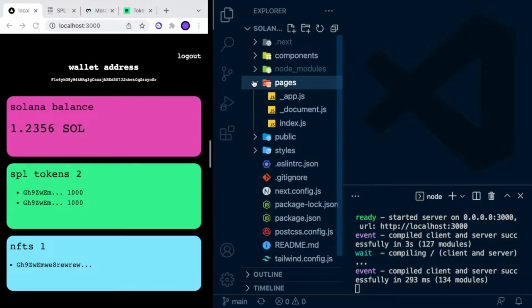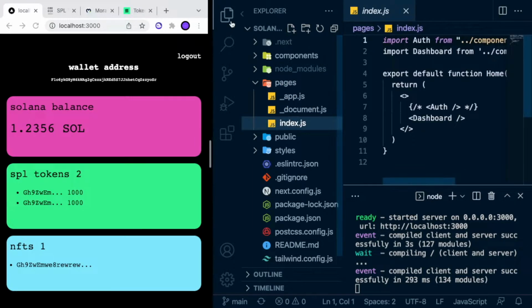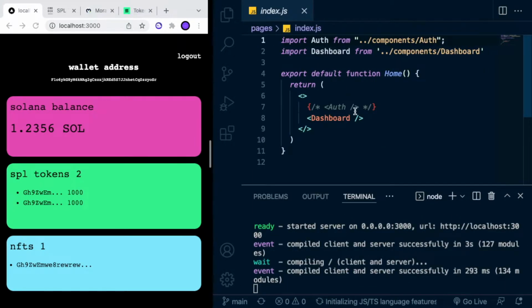So if we navigate inside the page folder and open the index.js file, since we don't have any logic to conditionally render either the auth page for non-authenticated user or the dashboard, I'm just commenting or commenting out what I want to show. So as of now, the auth component is commented, is wrapped in a line comment, and the dashboard is showing up on the screen. So our dashboard